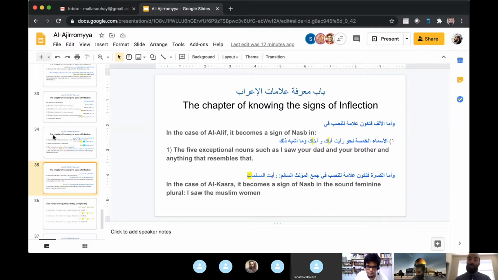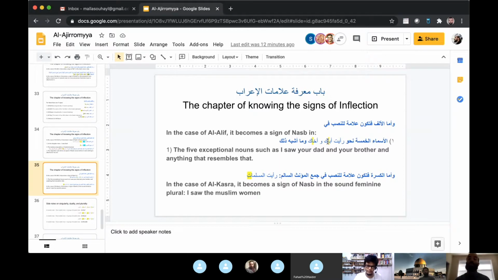And the reason why we call them the 5 exceptional nouns is that they do not follow the default way nouns are inflected, because we said that by default the inflection of nouns is by diacritical marks, but the inflection of these 5 nouns is with letters. So they are an exception to the default way of nouns. Was there a question? No, Sheikh. Okay, so here, if you remember, we said the